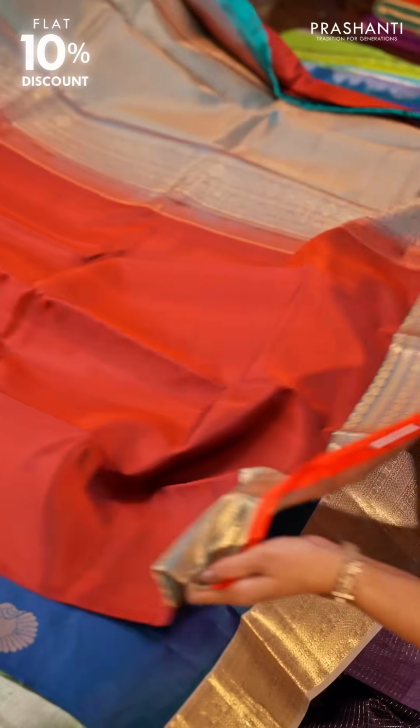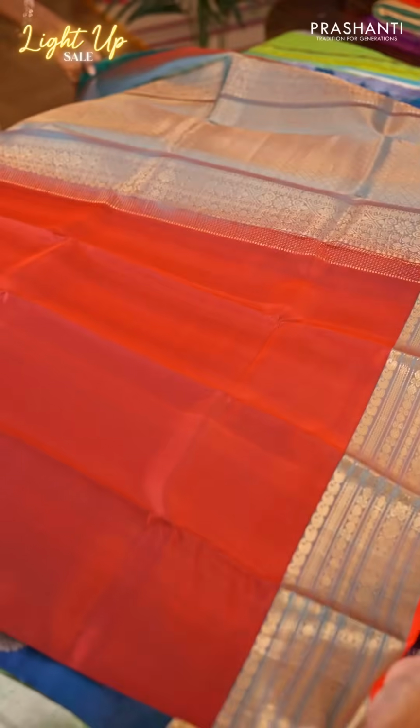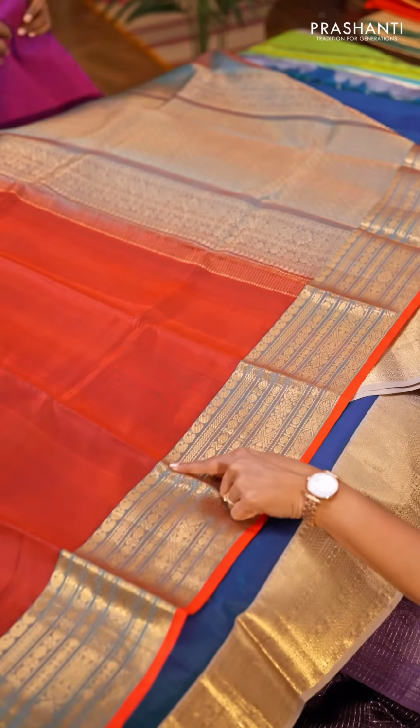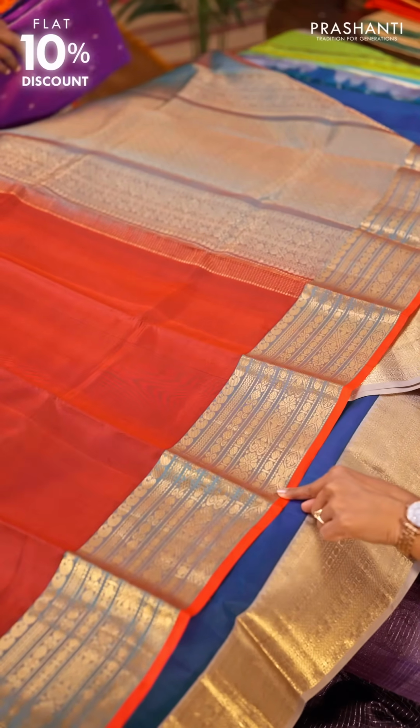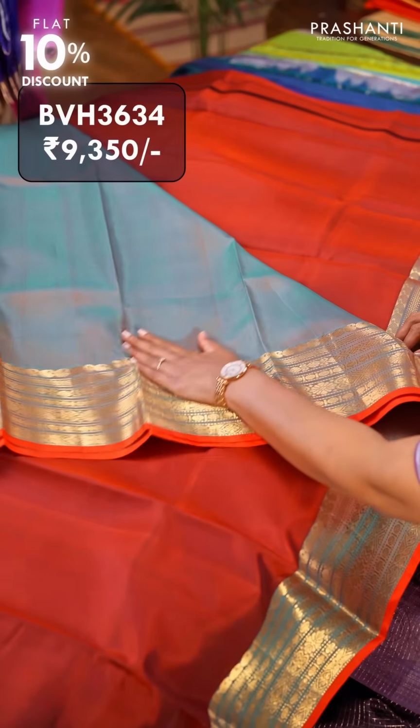For people who prefer plain bodies, here you go. A stunning shade of maroon with a rich contrast border, very classy and intricately woven paisleys, zigzag lines, a beautiful floral pattern along with Rudraksham in the border, a contrast dual tone rich zari woven pallu, and this has got a matching